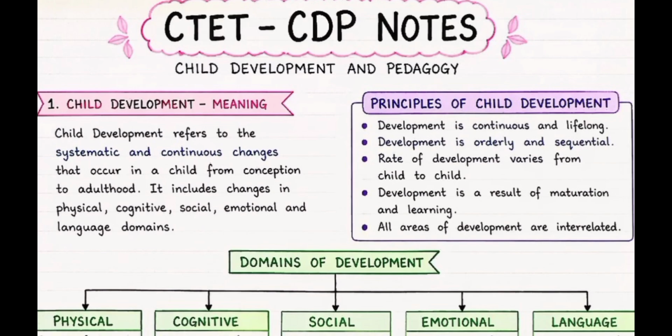Fourth point is development is a result of maturation and learning. Both learning and maturation are interrelated factors at work. Every development has its own limits. The child may be mature for something and may not be mature for another. Therefore, the theory of development emphasizes the factors of maturation, adjustment, requirement, and opportunity for learning accordingly. Efforts of coaching etc. to accelerate learning are not desirable till the child gets proper maturity for the purpose. The level of maturity in children varies.